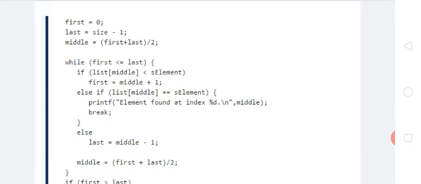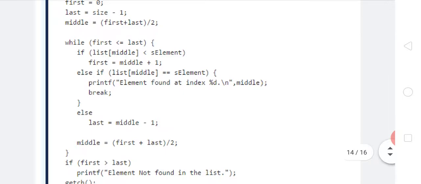Yes, the condition is false. Then it goes to the else if: list of middle, which is 3, is equal to the search element, which is 3. Yes, the condition is true. Then print one message here, which is "element found at index 1", and then break.